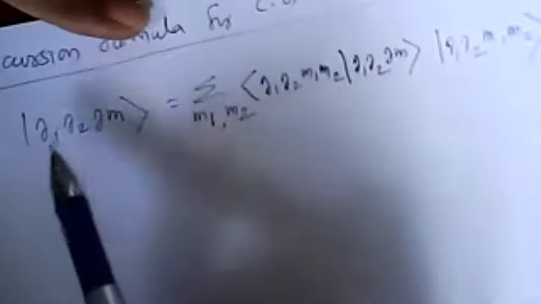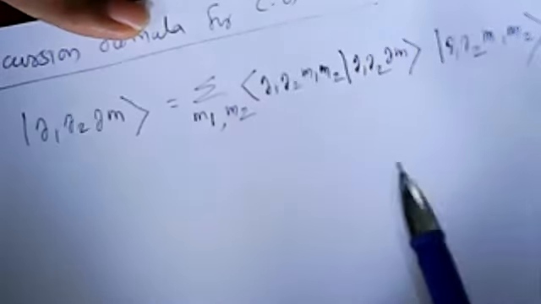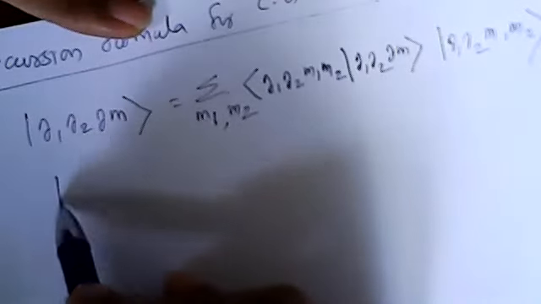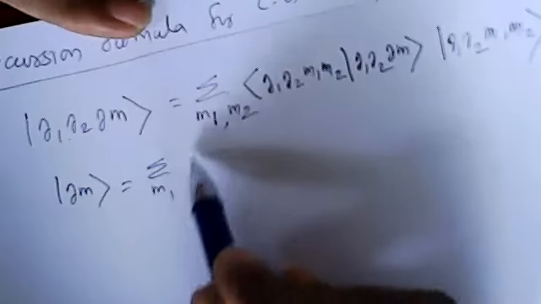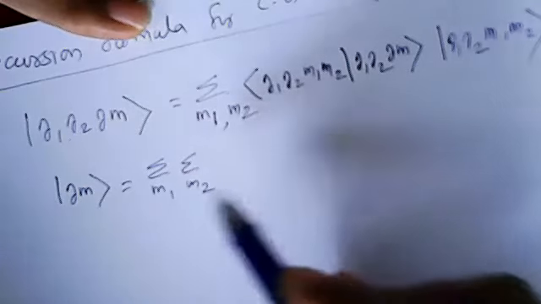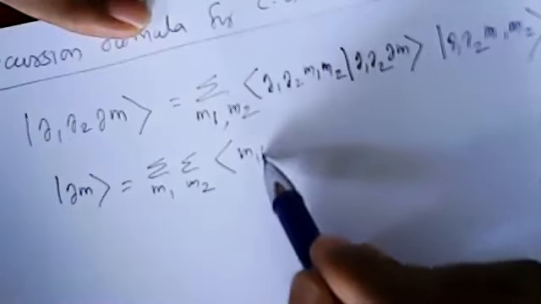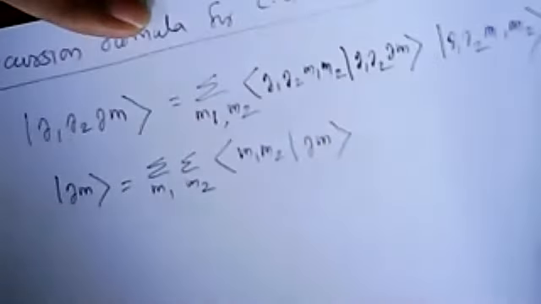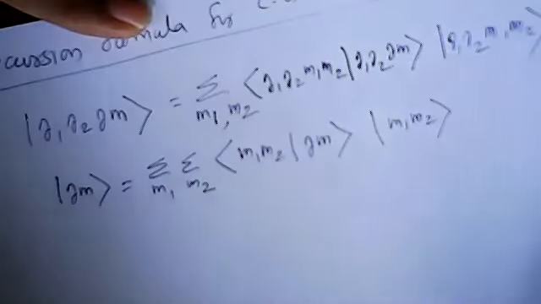So as I told before, this J1, J2 is common to all the kets and bras. So you can avoid that J1, J2. In short form, I can write ket |J, M> equal to sum over M1 and sum over M2. You can write in this way also, no problem. Then <M1, M2 | J, M>, avoiding J1, J2 from all, then |M1, M2>. This is the shorthand notation, the shortest.